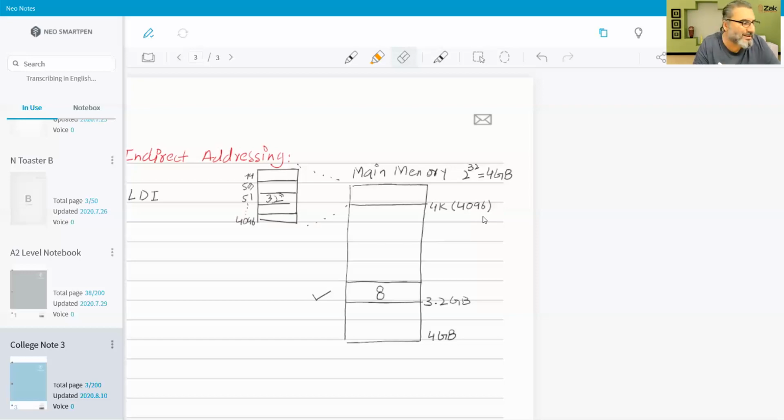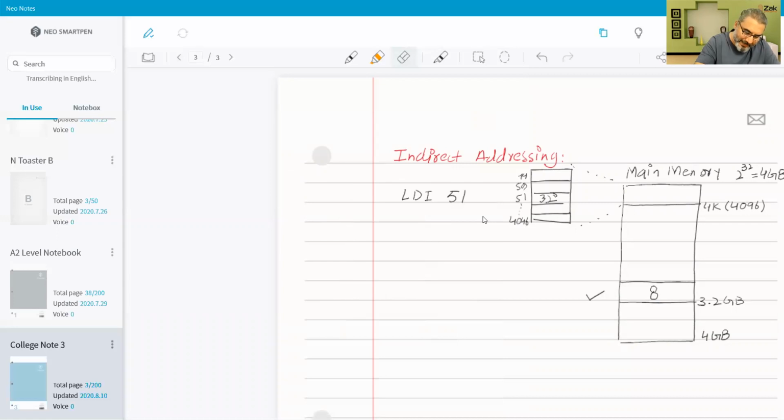क्योंकि हमारे पास पूरे 32 बिट्स अवेलेबल हैं, क्योंकि उसमें डाटा है। जब हम इन 32 बिट्स को किसी कमांड के लिए इस्तेमाल करते हैं तो बेसिकली we have to divide it into 20 and 12, but if it is just the data, we can use it for the data, all 32 bits. अब 32 बिट्स के अंदर हमने जो एक्चुअल एड्रेस है वो सेव कर दिया। तो अब हम यहाँ पे लिखेंगे LDI 51। तो अब सिस्टम LDI 51 से बेसिकली 51 पे जाएगा। 51 से देखेगा कि यहाँ पर हमारे पास 3.2 GB का एड्रेस रखा हुआ है। वो उस एड्रेस पे जाएगा, और जो उस एड्रेस पे डेटा रखा हुआ है वो एक्यूमुलेटर में लेकर आ जाएगा।